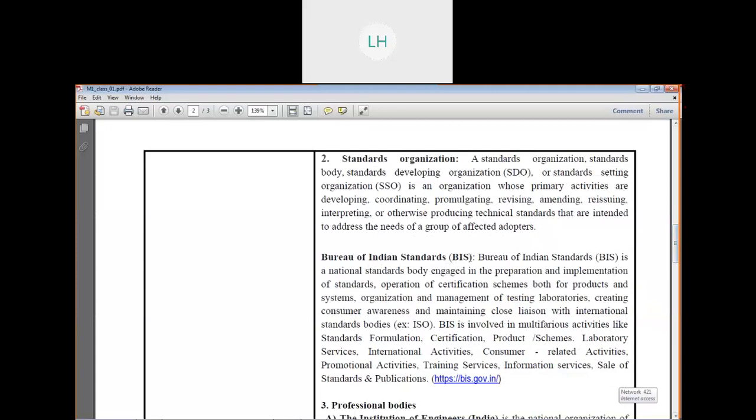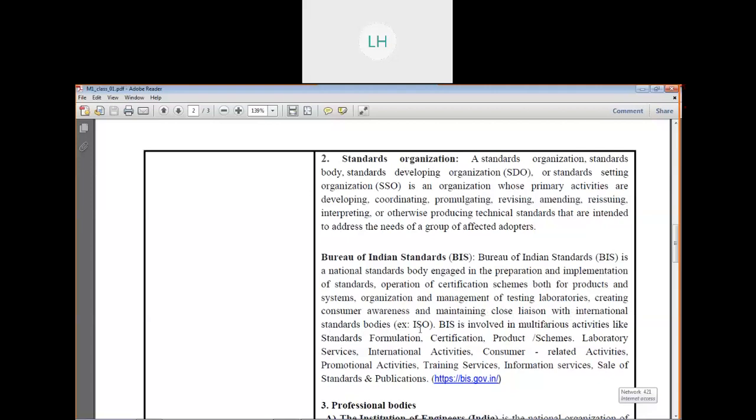The Bureau of Indian Standards is a national standards body engaged in the preparation and implementation of standards, operation of certification schemes for both products and systems, organization and management of testing laboratories, creating consumer awareness, and maintaining close relations with international standards bodies like ISO,